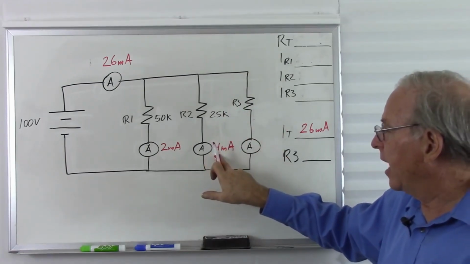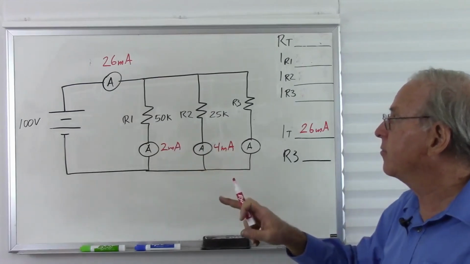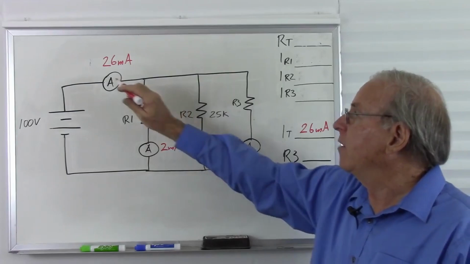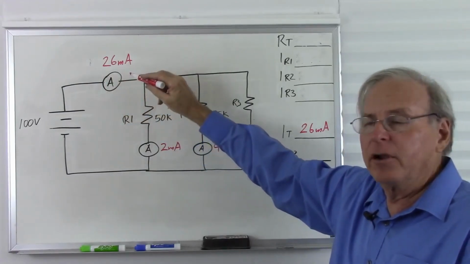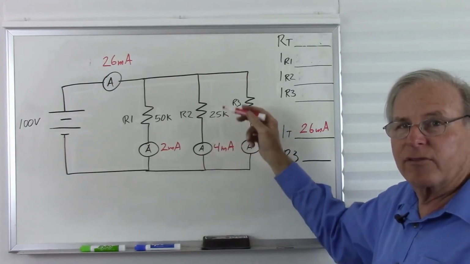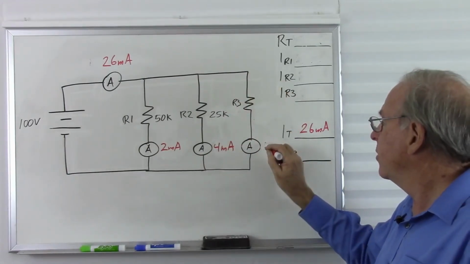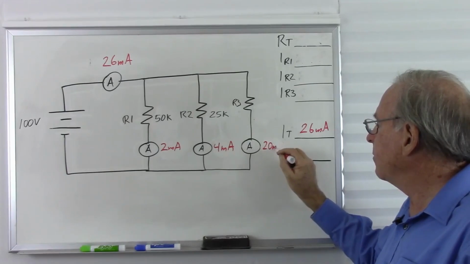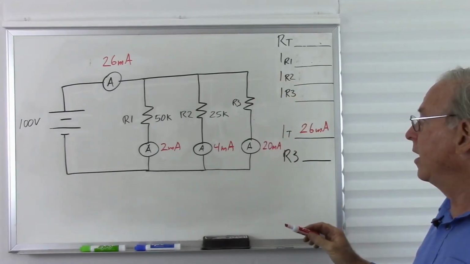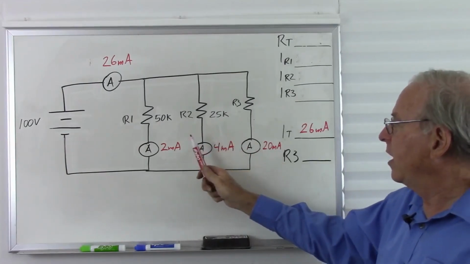So here we have 4 milliamps and 2 milliamps. That must be 6 milliamps total. So we have 26 milliamps coming through here. 2 milliamps go this way, 4 milliamps go that way. So what's left to go this way is 20 milliamps. So now we know the current through R3, and we see that